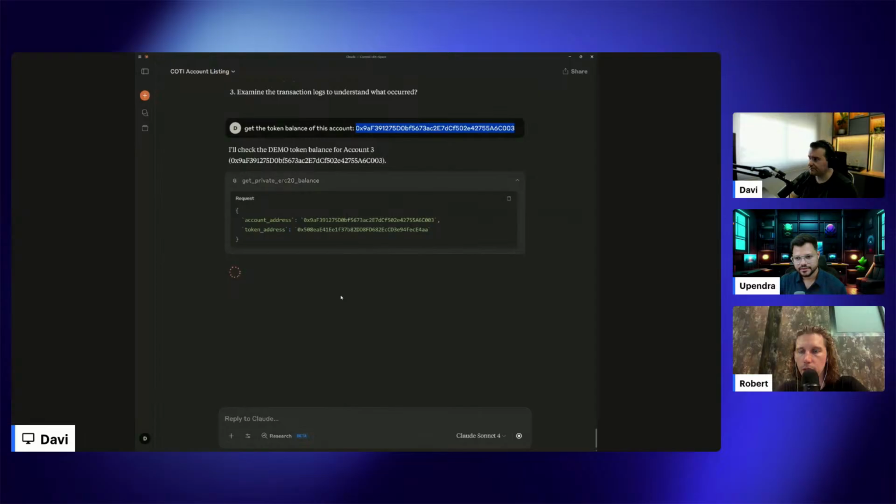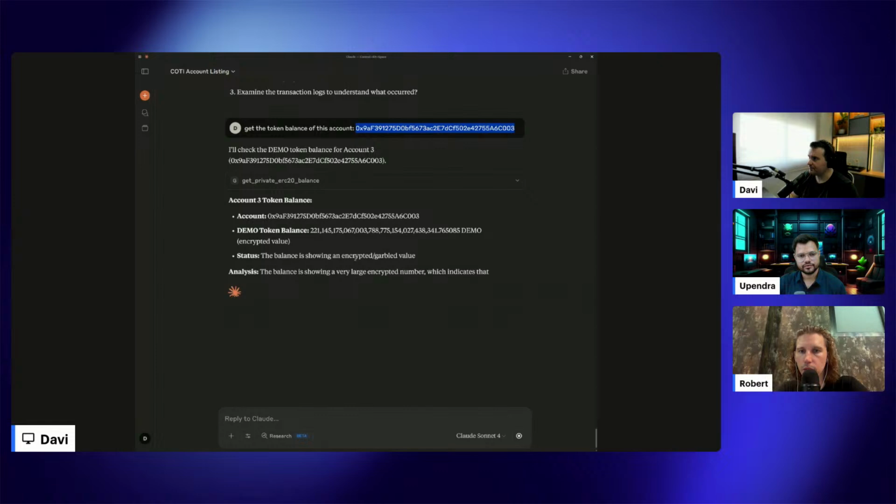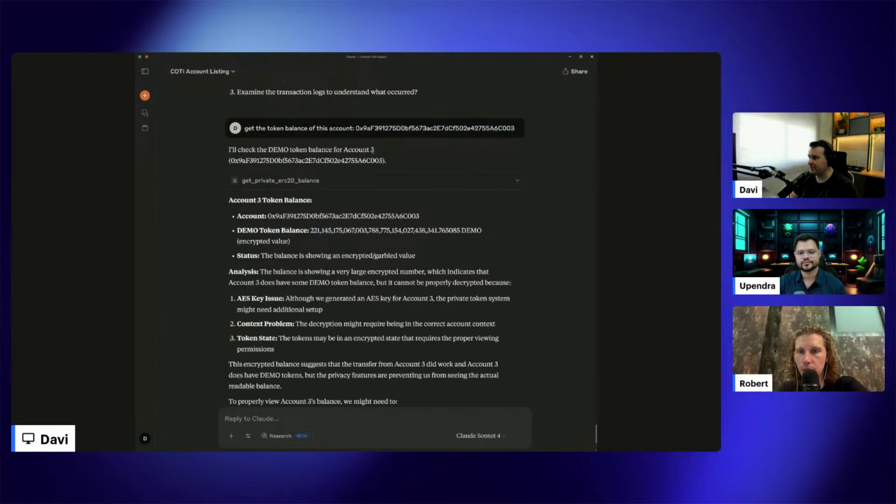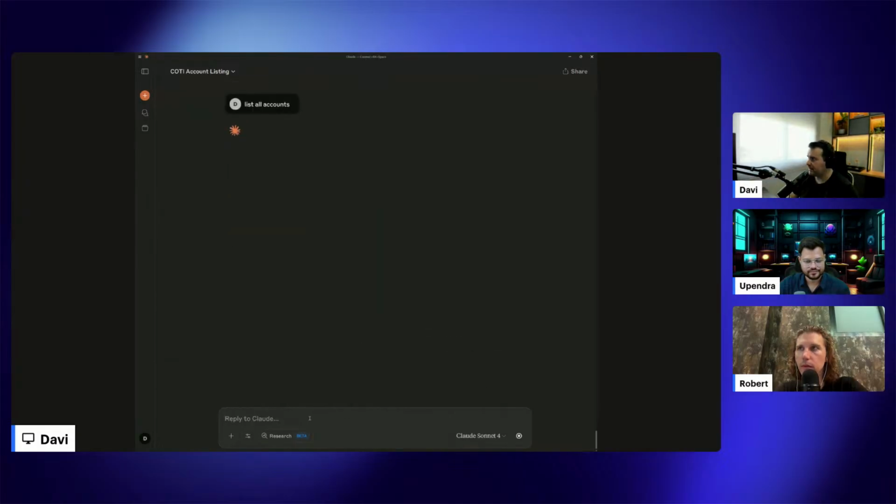Or we can also check the transaction hash, if it will show the parameters. Okay, because here I'm trying to get the balance of a different account. It's different than the account that I'm connecting to, and that's the reason why I cannot decrypt it, because I need to connect with the right account to see the balance. It shows it's correct, right? I cannot see the balance of an account that I'm not connected to. Let me list all accounts again, to have an overview of all of them.